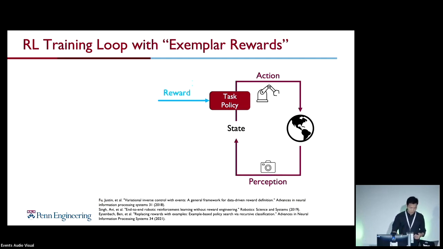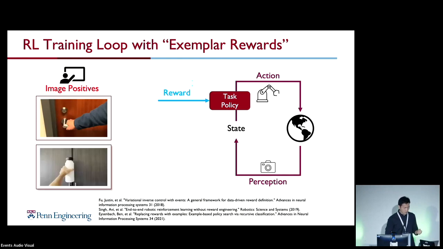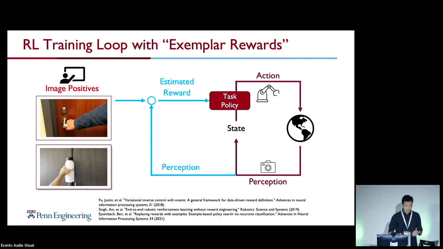To overcome this difficulty, one promising task specification framework is exemplary rewards. A human user can easily tell the robot what the task is merely by showing it image examples of what the environment should look like after a successful execution, such as images of locked doors, or in a different task, a water bottle with a tightened cap. Then the robot performs RL with the aim of altering the environment to generate observations that are similar to those examples. So here, perception happens not only during state estimation, but also during reward estimation.